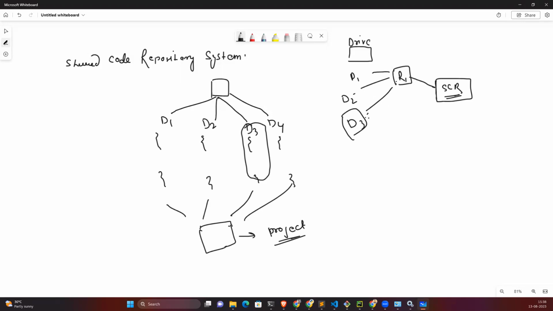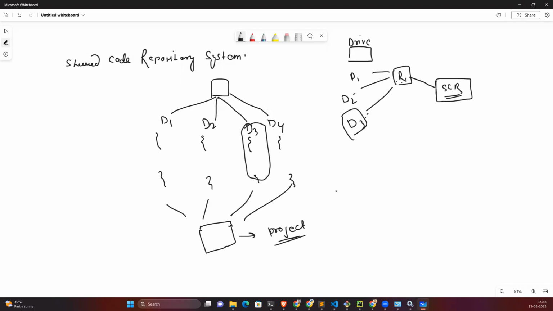Now, just try to imagine, let's suppose an accident happened and D3 lost their laptop. It might be possible. The accident happened, but the code is still saved in this repository. As soon as D3 gets a different laptop, they can access this code, pull it into their system, and start working on it. They don't need to wait or write the code again from scratch.